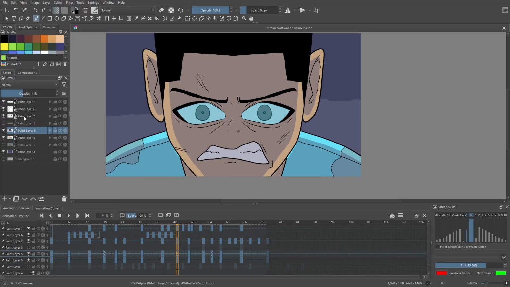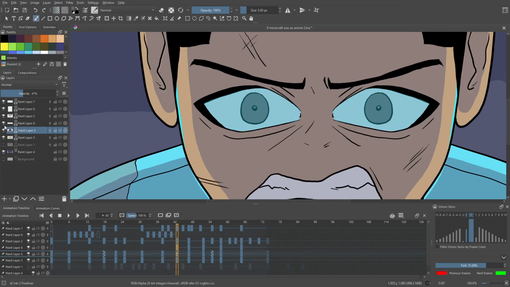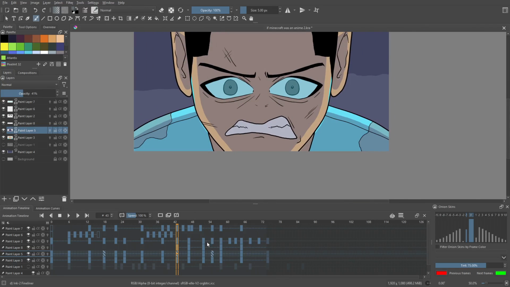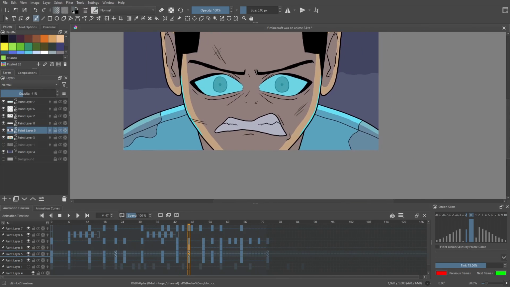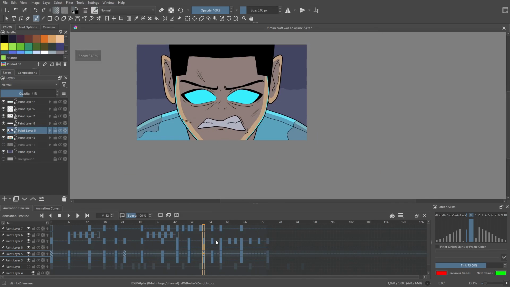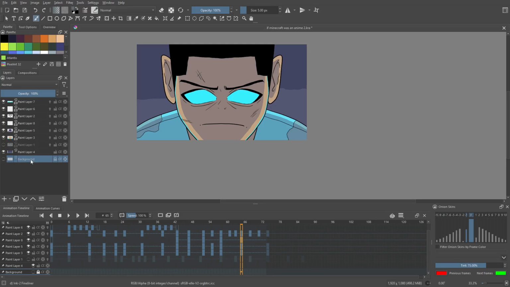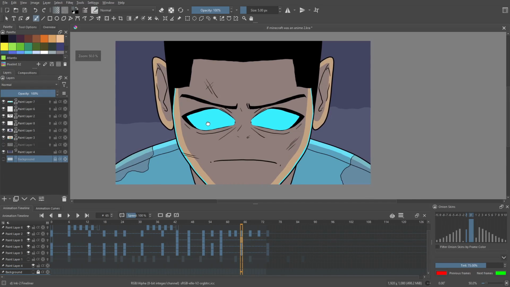This keyframe, I don't know what this is. Oh, this is the highlights on the side of his face. Take a look at the side of his face here. You can see we have these little blue highlights to match the power that's glowing. There's rim light on his face because his eyes are glowing so bright. Yeah, there you go. And I think that's the last layer. The rest of that's a sketch. So that's basically all that I did for the shot.